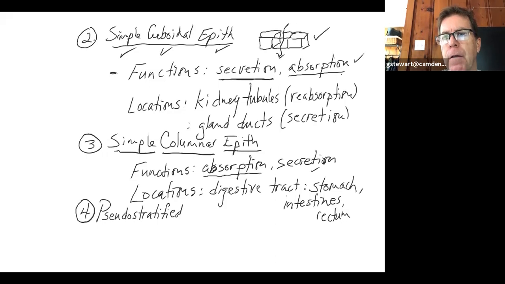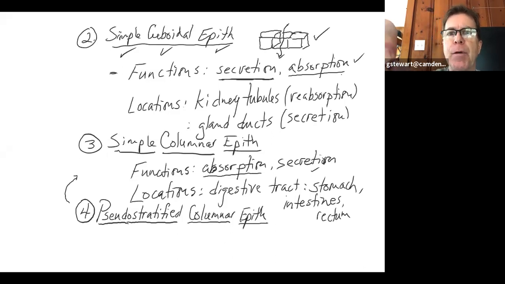Pseudostratified columnar epithelium. The word pseudo means false or fake. So it's a fake stratified appearance of tall column-shaped cells. Technically, this type of tissue is simple columnar epithelium, but typical simple columnar epithelial cells look like this under